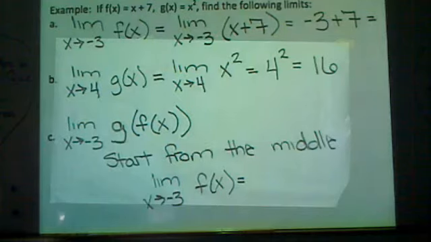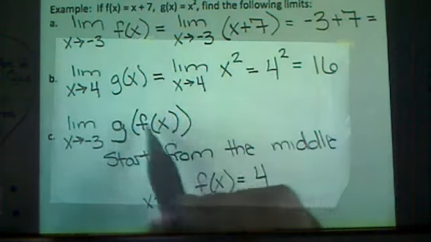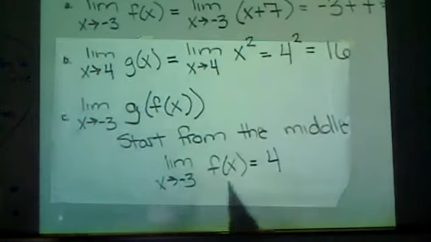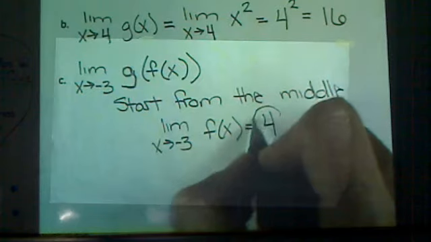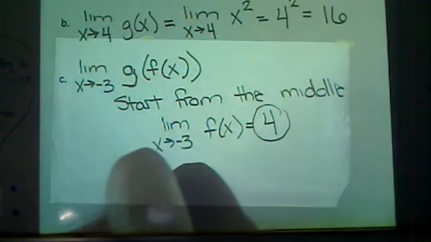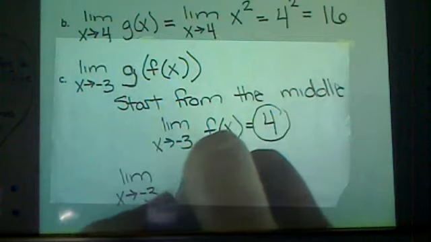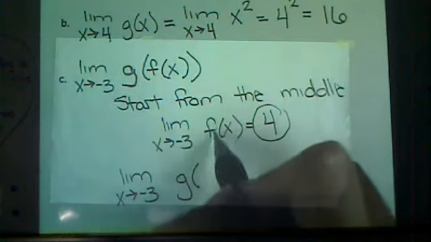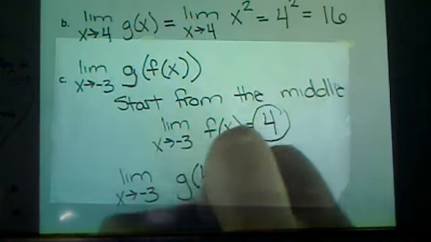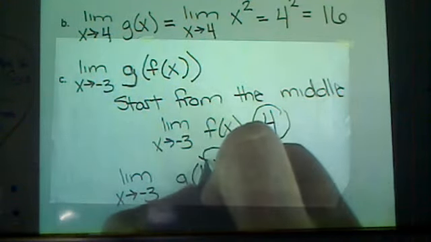We found it in part A. We know that equals 4. So that's what the inside is. So now they want to know, all right, well now find the limit, the new number that we have, as x approaches negative 3 of g. And remember, we found out what this equaled, so what can we replace it with? A 4, because we know that's what it equals,